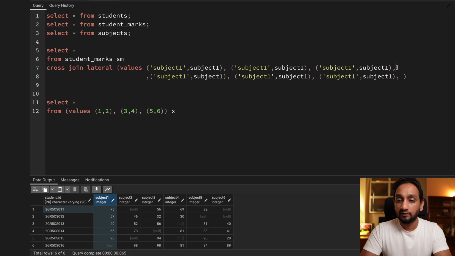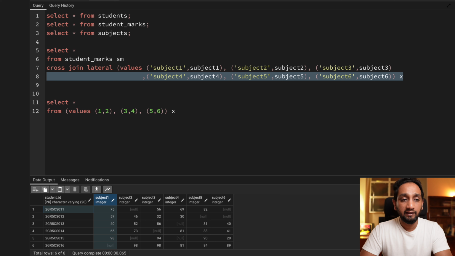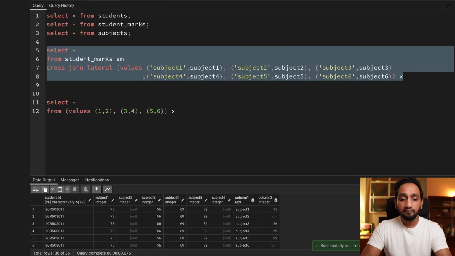Okay, so I'll just remove this comma here, I'll remove this comma here, and I'll just move this here. Okay, now I'll just replace each of these with the proper subject name. So this is for subject 2, this is for subject 3, and this is for subject 4. Then I have my subject 5, and then finally I have my subject 6. Okay, and I need to give an alias here. So let's say I'll just give x, and if I just run this,